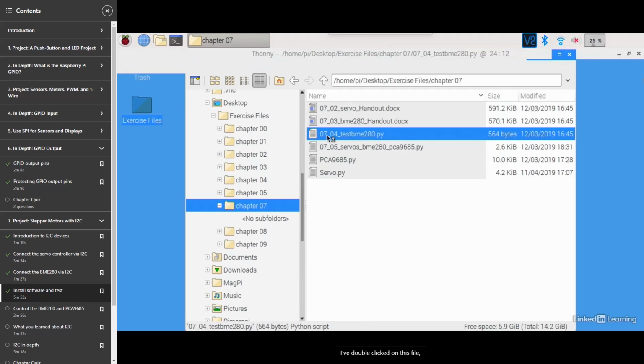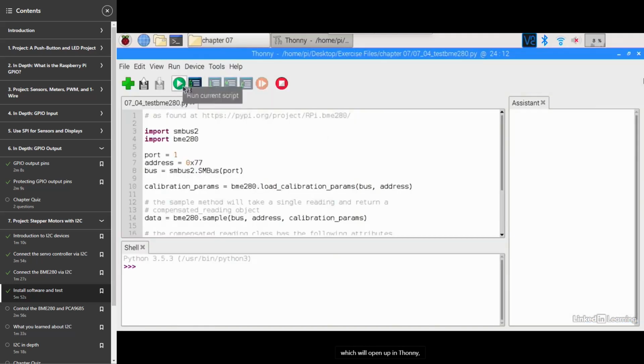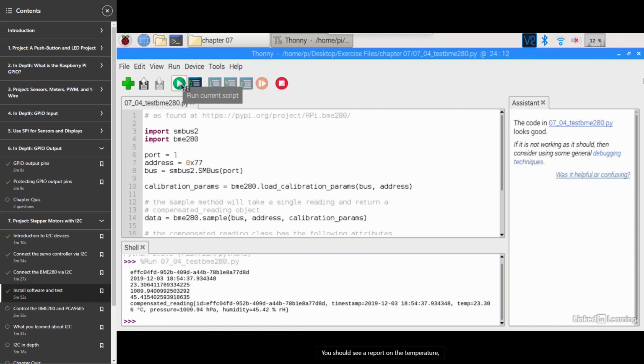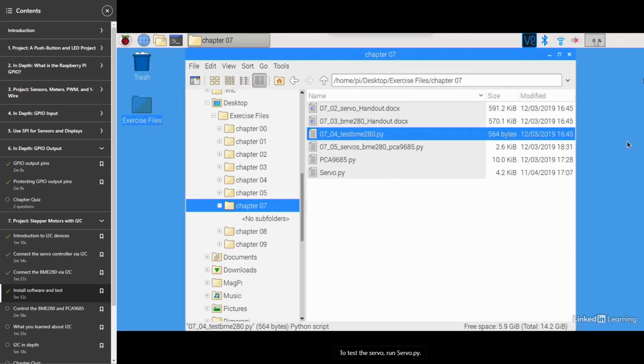I've double-clicked on this file, which will open up in Thonny, and then I can run the current script. You should see a report on the temperature, humidity, and barometric pressure. This is coming from the BME 280 and indicates that it's successfully connected to the Raspberry Pi. To test the servo, run